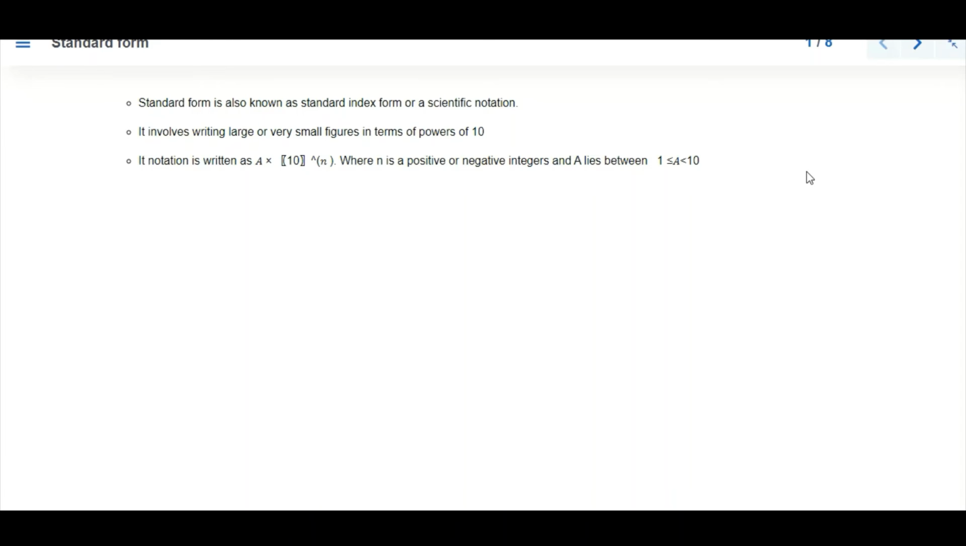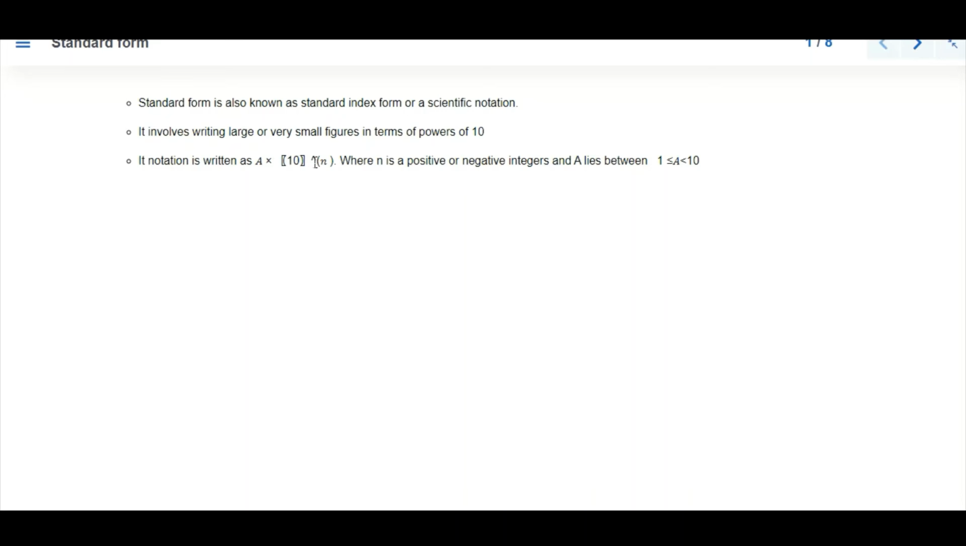So when you have large numbers and you want a short form of them, we can use standard form to reduce them. That implies that we are going to be reducing them based on the power of 10. And we can write our standard form in this notation: a multiplied by 10 raised to power n, where the